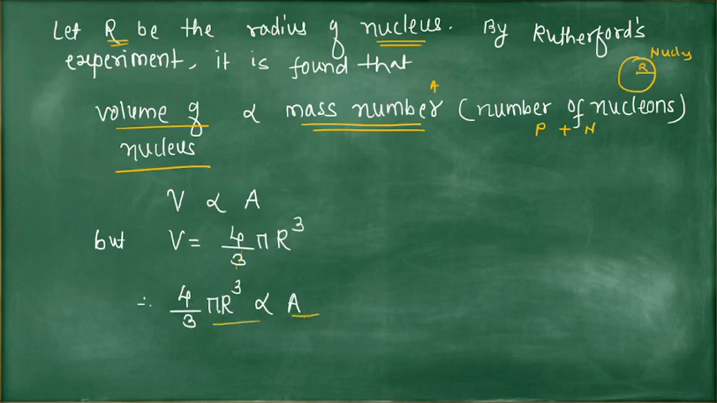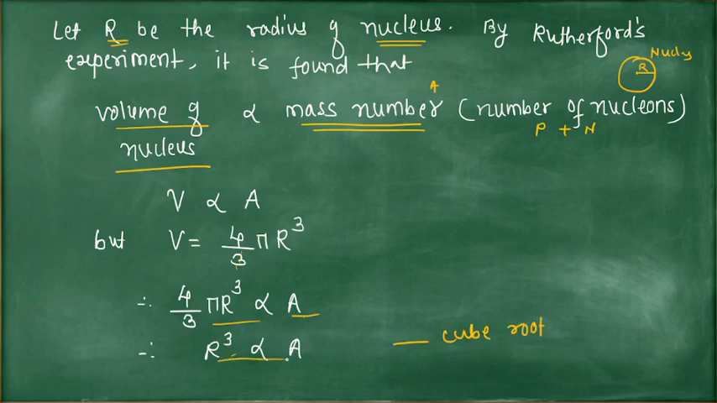4, 3, pi, these are constants. So if you transfer this to the right hand side, then r cube is directly proportional to A. So radius is proportional to mass number. How is this the proportionality? R cube is proportional to A. Then if you take cube root on both sides,